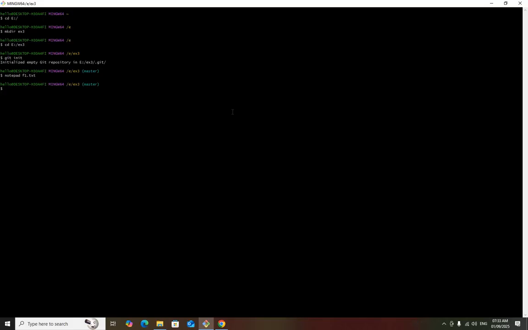Now I am typing git status. If you check the status, you will see that there is a file which is untracked. Nothing added to commit, but untracked file is present. Use git add to track it, to move this file from our working directory to staging.